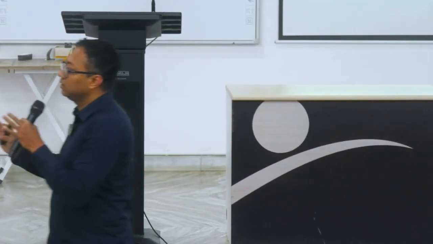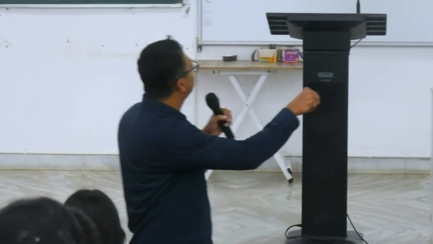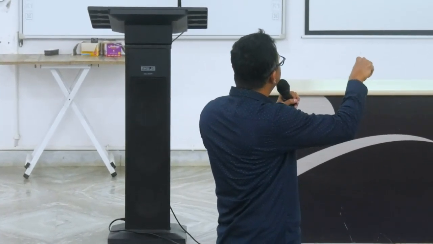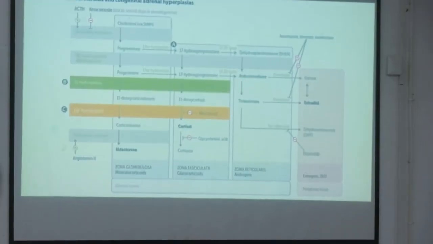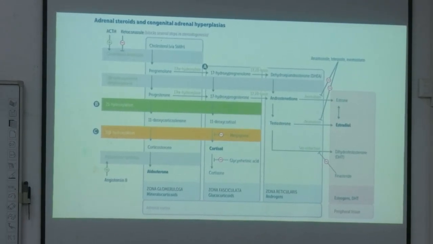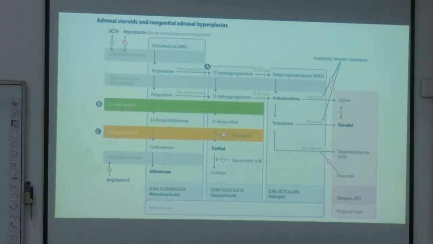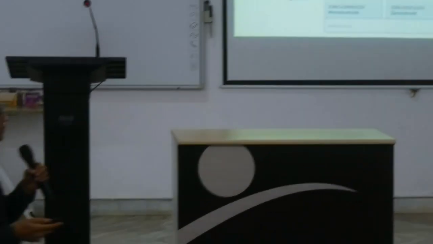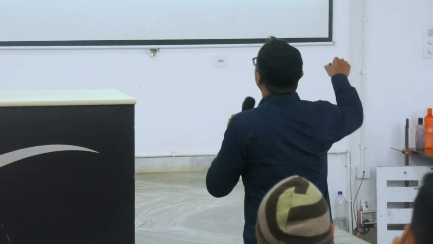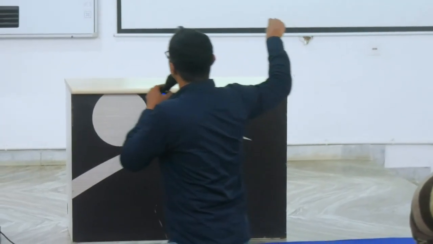And you must remember all the byproducts and all the enzymes involved in this reaction. And the major enzymes are 17 alpha hydroxylase, 21 alpha hydroxylase and 11 beta hydroxylase. These are the 3 major enzymes; we frequently face children with the deficiency of these enzymes. Okay, and you need to remember. Next slide. Okay, so 17 alpha hydroxylase deficiency, 21 alpha hydroxylase deficiency and 11 beta hydroxylase deficiency.